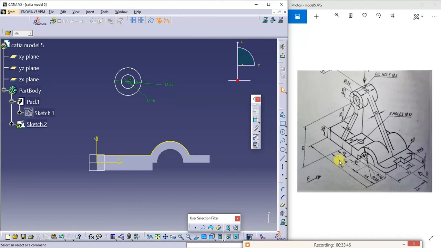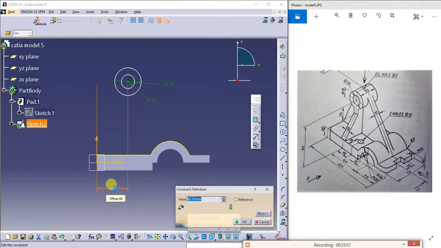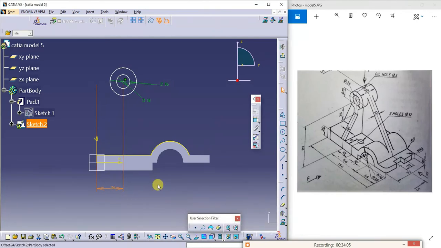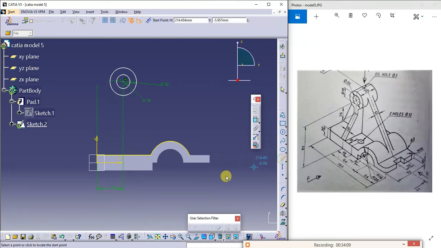So that dimension also I'll give from this edge. It is 154 minus 64 minus 54. That is 36. Next, I'll try to draw the line.